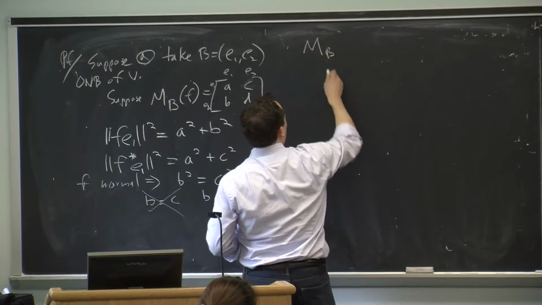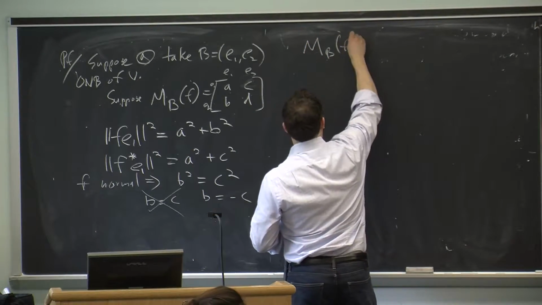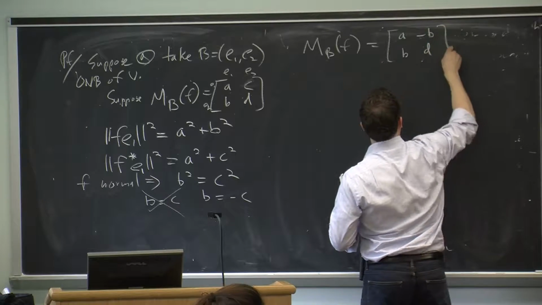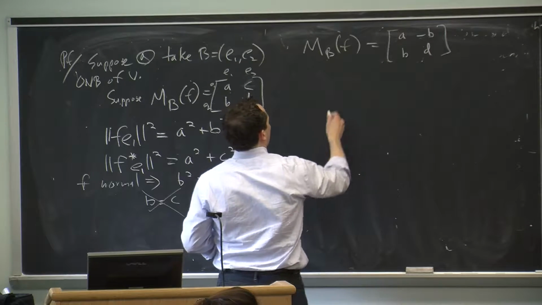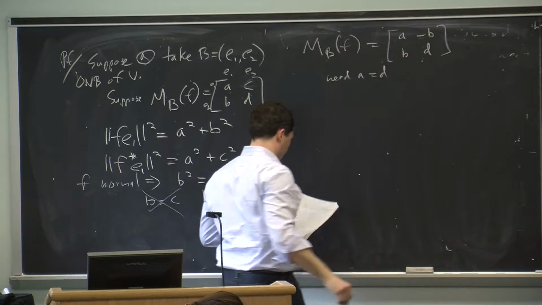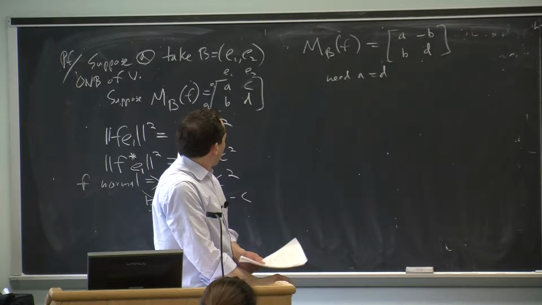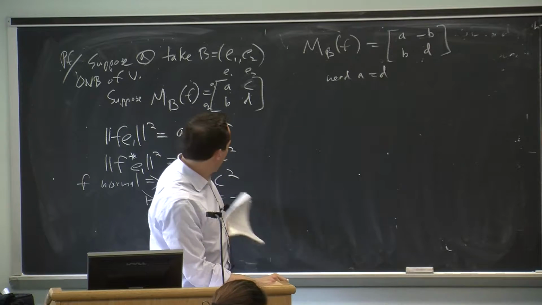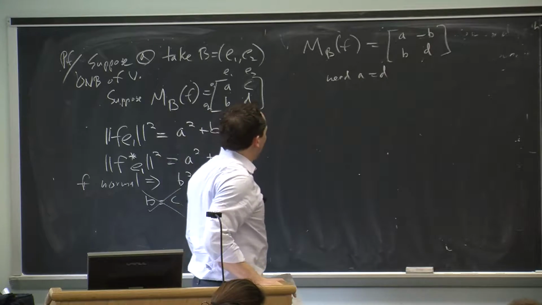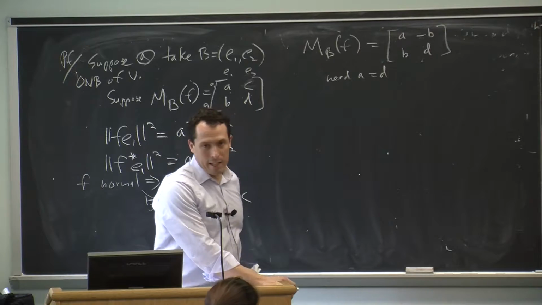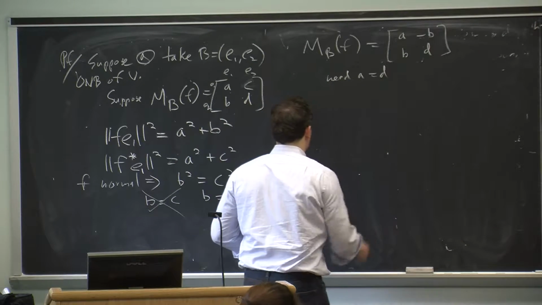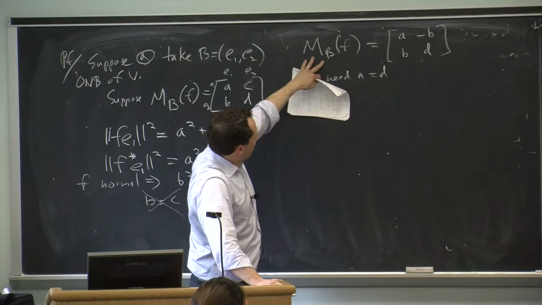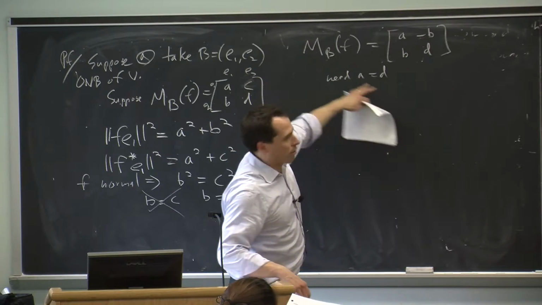That is, we know now that the matrix of f with respect to any orthonormal basis is of the form A, B, minus B, D. And what's left to show is that A and D are actually equal. So we've used one of the two characterizations of what it means to be normal, which is that f and f adjoint applied to a vector result in the same norm. The other characterization we have of normality is that f and f adjoint commute with each other. So you can use that to get another restriction because it implies, after taking the matrix with respect to basis B, that the matrices will also commute. That is,